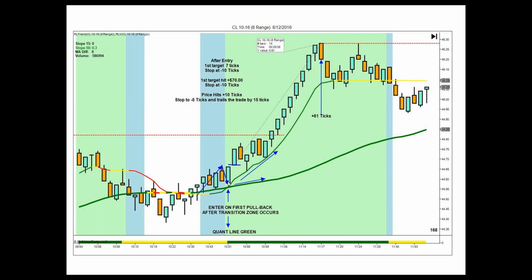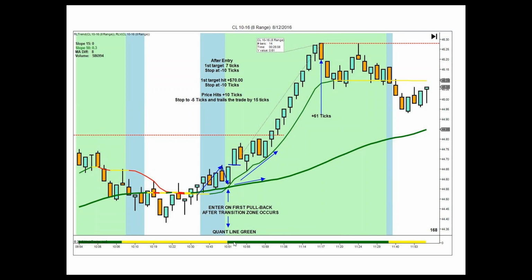What that is telling you, and I can't draw on this, is that this is really broad-based consolidation. Sideways, sideways, sideways, sideways, sideways, with the market making slightly higher lows and slightly higher highs. But you don't really have to care about that. I think that reading price action like this is important, but the key here is the indicator. The quant line is green.